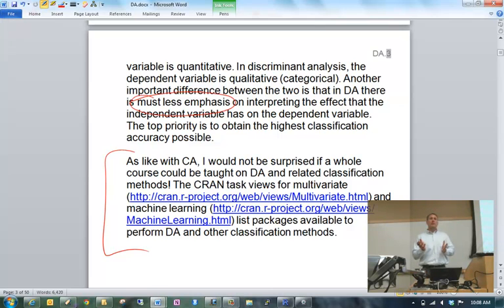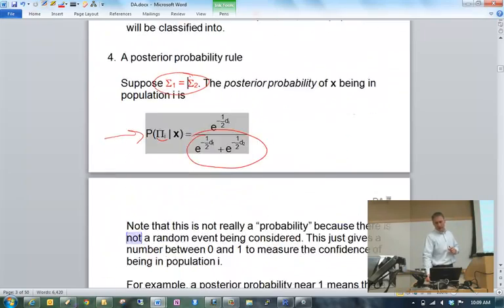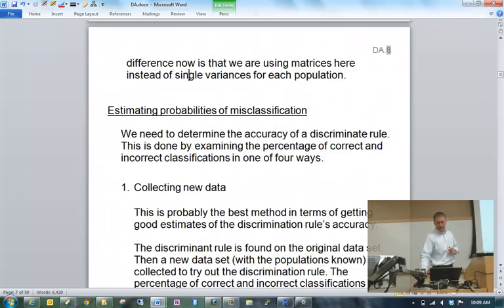So I might not really care about a quantification of the effect of distance on whether or not a place kick is a success or failure. Rather, all I'm interested in is that I want to get it right. I want to get that classification correct. So this is one additional difference between regression analysis, where you're often interested in interpreting the slope coefficients, your beta hats, versus what we're doing here. Sorry to digress there a little bit. Okay, so,